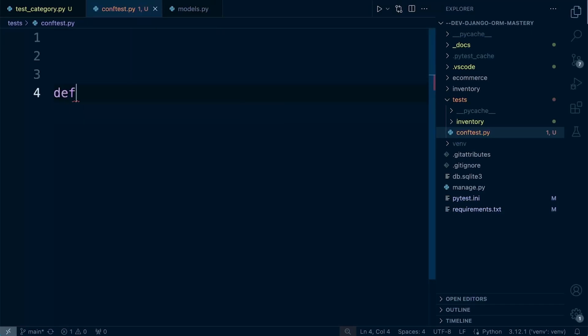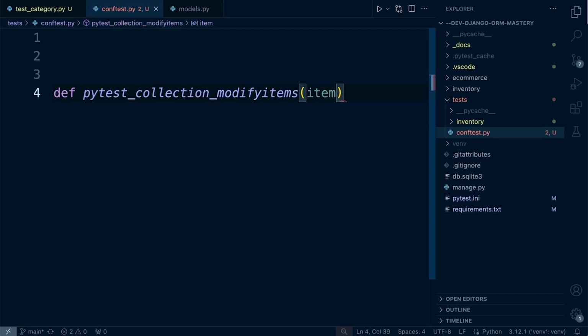So let's go ahead and create a new function, and that's got to be named pytest_collection_modifyitems, and then pass in the items. So that's going to be the tests that are found or collected. So what we want to do then, remember items are the tests, individual tests. So for item in items, we're going to loop through each of the tests and we're going to add